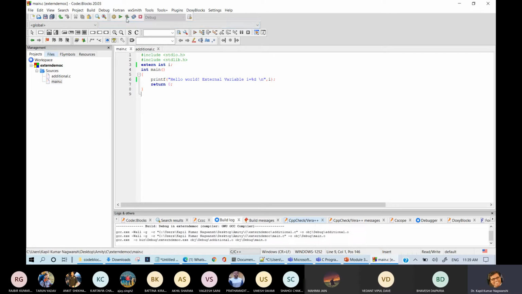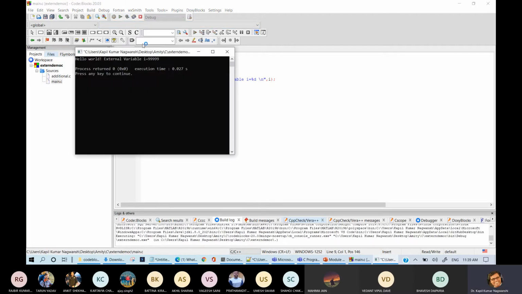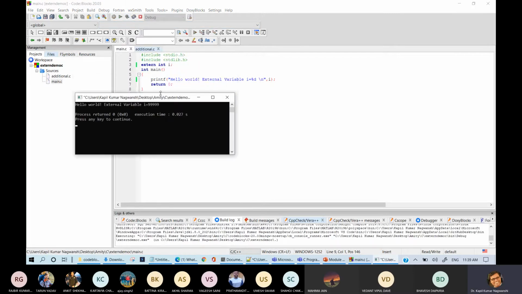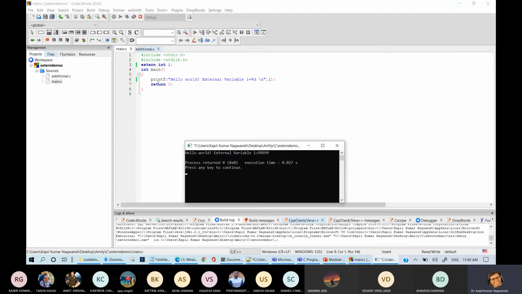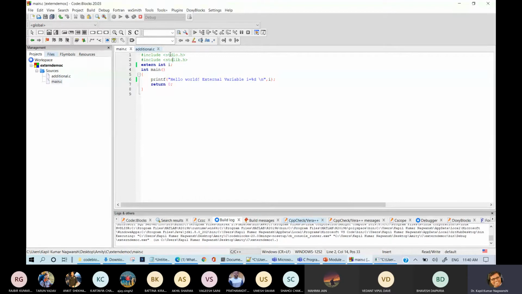Let us compile this program. Here you can see that I had not declared i anywhere in this file; it is declared in some other file. I had not included any file either. stdlib and stdio.h are included, but this file is not included.